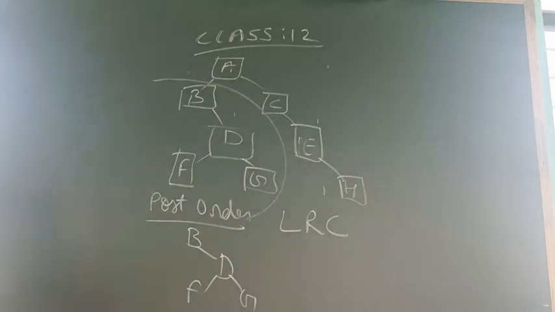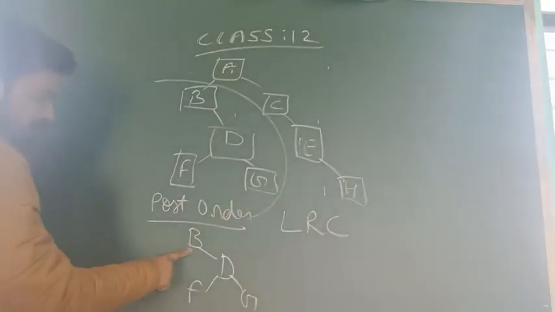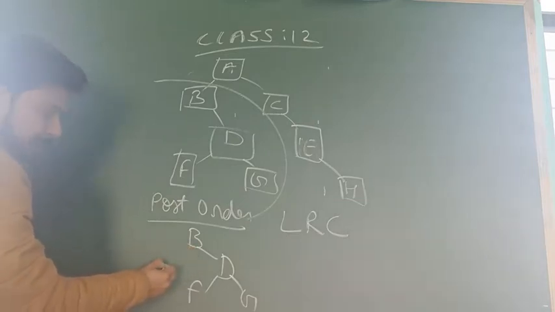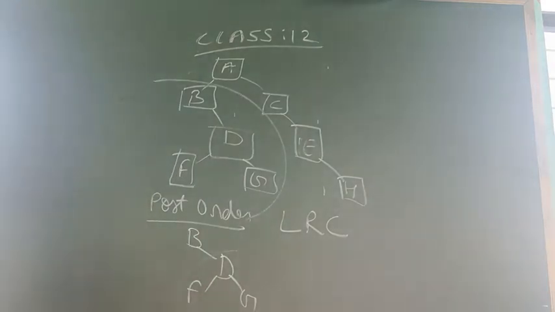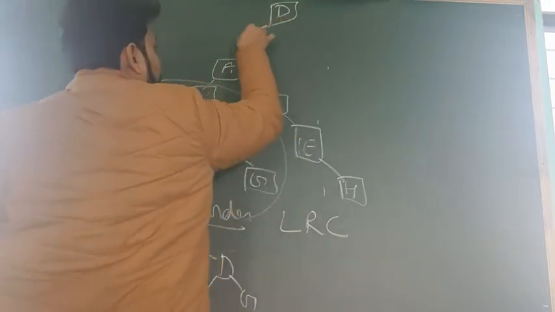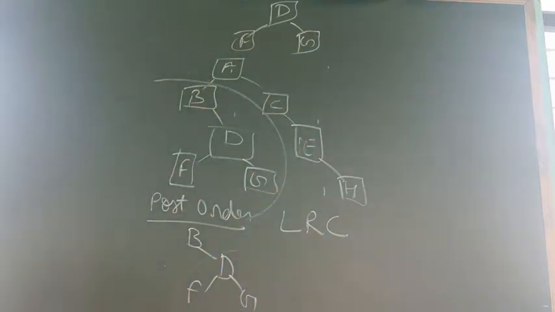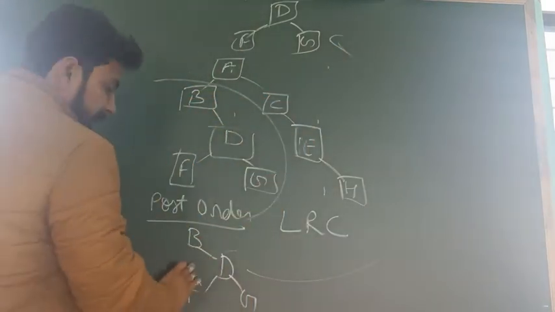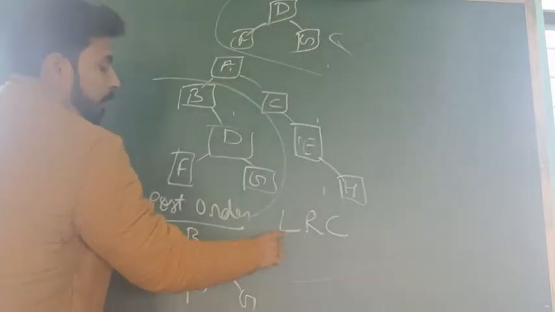Correct. So after that, again we will take the left, right, and center. What is the left of this? There is nothing in the left, so first we will discuss our right one. In right we will see D, F, G. I had taken this question in the upper way. You see it here. So this is the right one. In right also we have again one subtree, so there also you will apply the LRC.